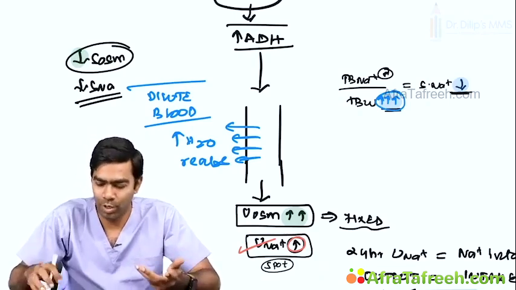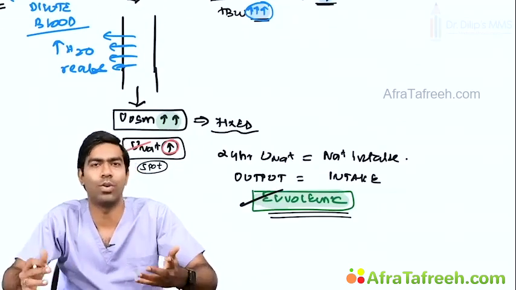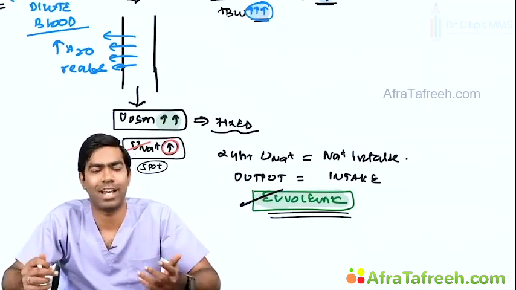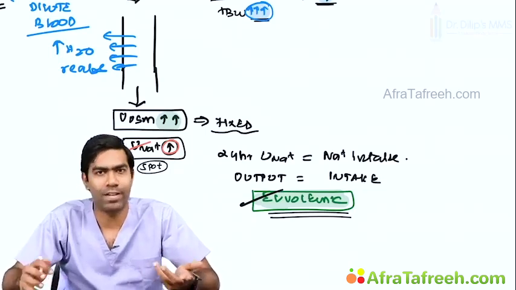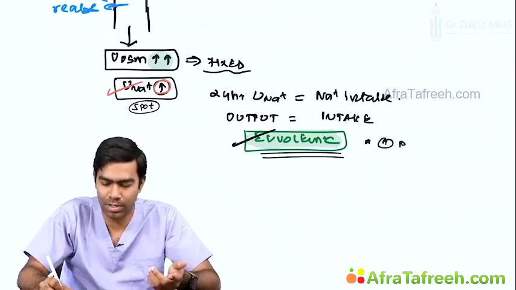I mean, you are calling it euvolemic, all right, but it's confusing me. Many students ask me where that excess water is going in the body. It's there in the body, but where is it? I couldn't see that. So by definition, SIADH patients must be euvolemic, means they should have normal BP, they should